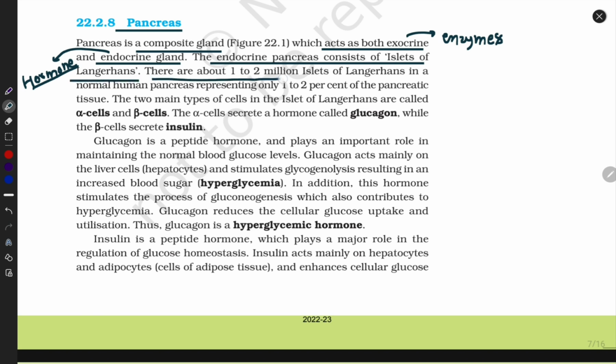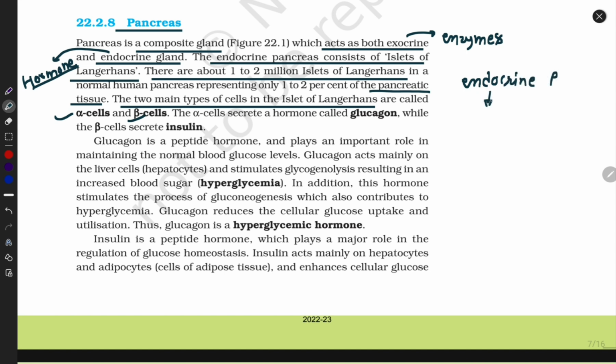There are about 1 to 2 million islets of Langerhans in a normal human pancreas. They are made up of pancreatic tissues, of course. The two main types of cells in the islets of Langerhans are called alpha cells and beta cells. Means endocrine